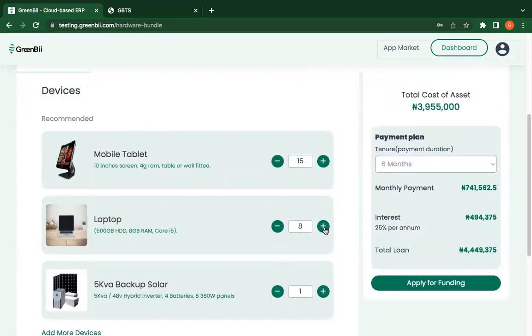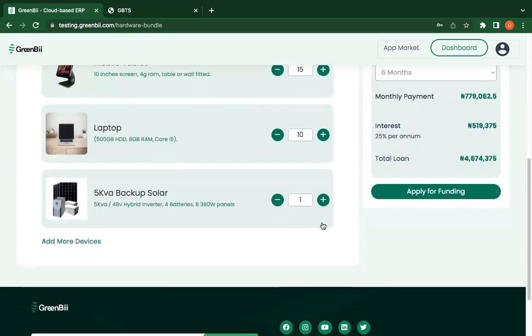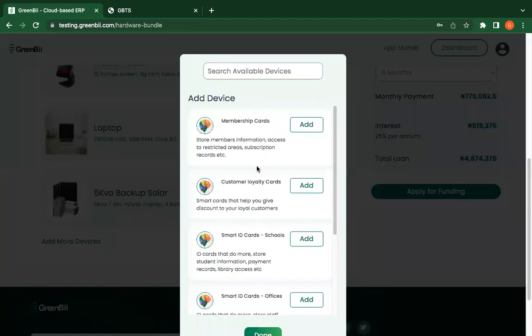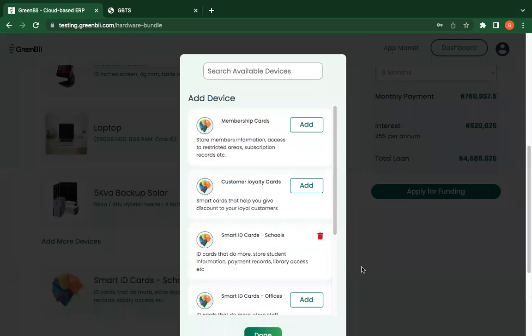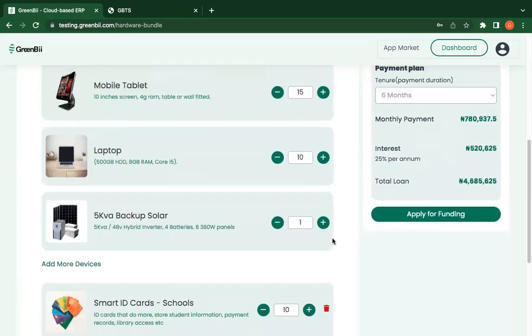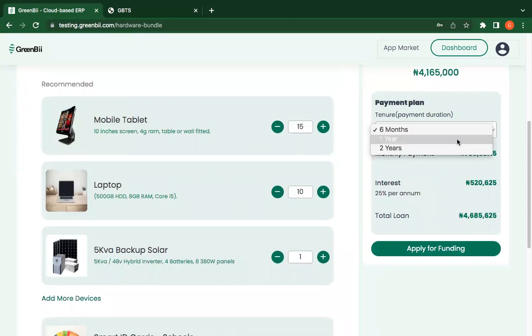So you can increase the number of these assets you want, and you can still go shopping for more, say you want smart ID cards, right? And if you're fine, you can change the tenure of the repayment to see if it's what you can handle,